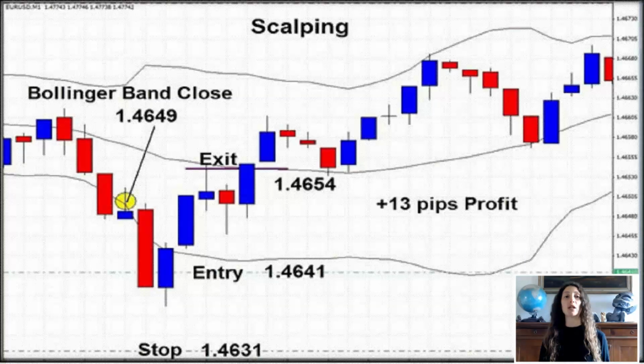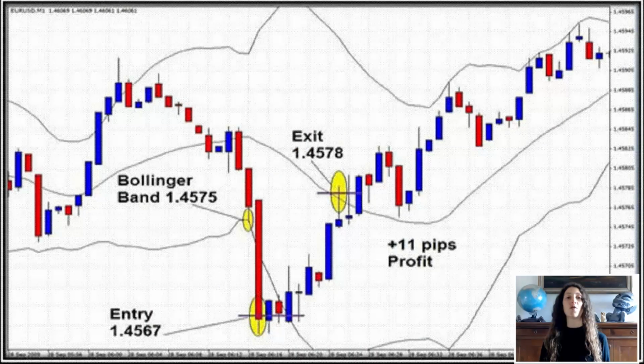The screenshot below shows a scalping trade on the 1-minute chart. The closing figure of the lower Bollinger Band on the previous candle is 1.4649 and the price went down to 1.4639 on the next candle, 8-10 pips below the Bollinger Band figure, triggering an entry setup. After confirmation from the 5-minute trading chart that the price was also below the lower Bollinger Band, an entry was made at